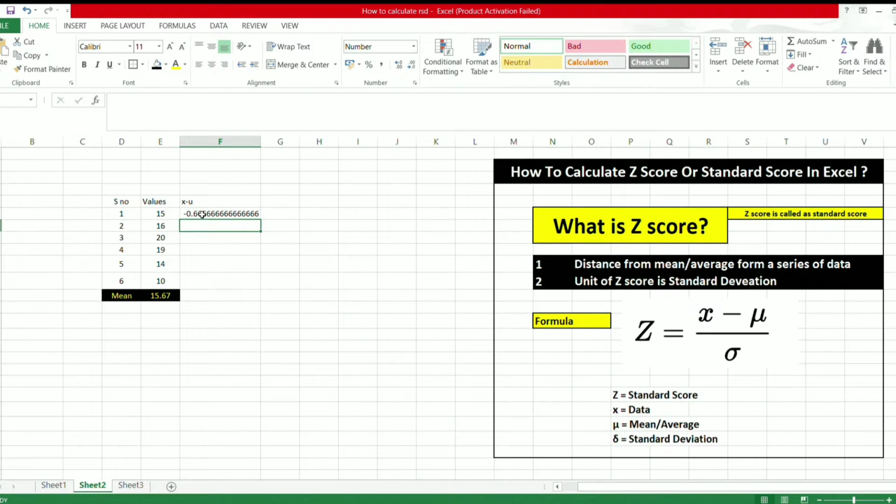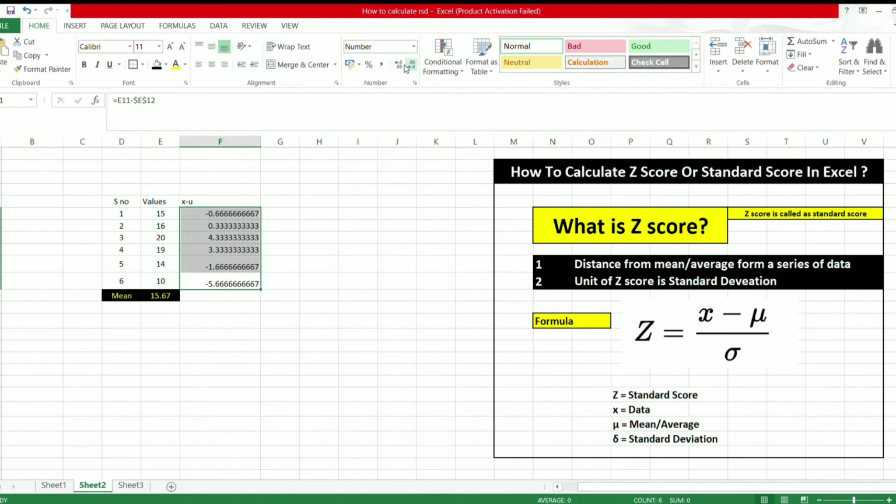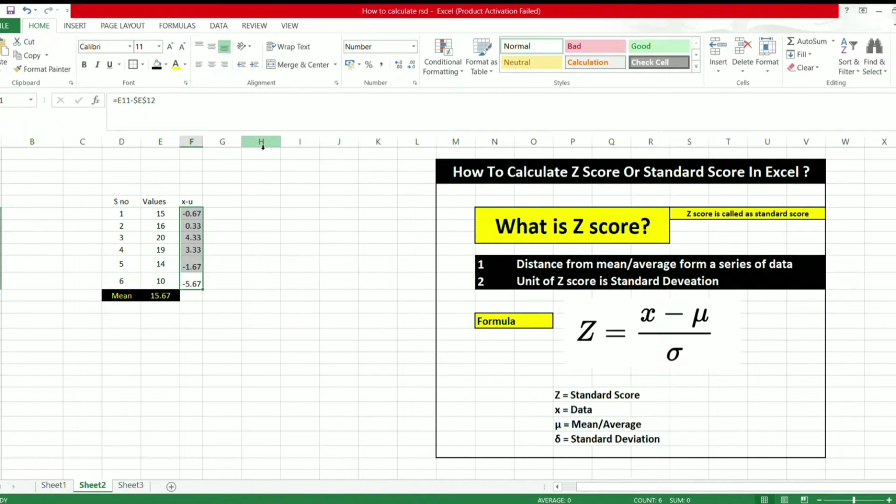So this is our x minus mean. Just drag it and apply the formula for each value. And we are reducing the decimal places for better understanding. Now we got the mean and x minus mean.